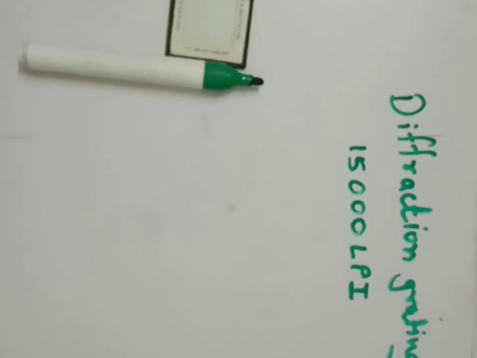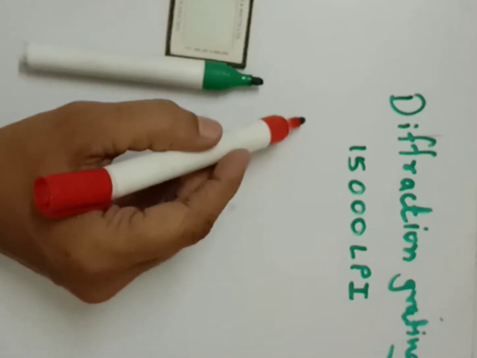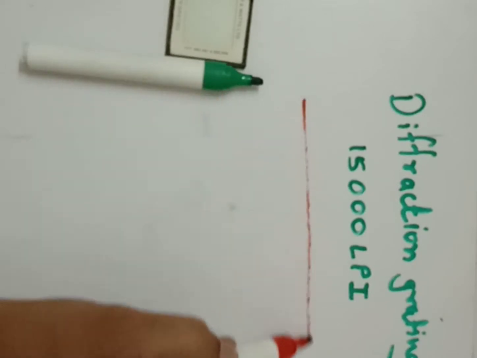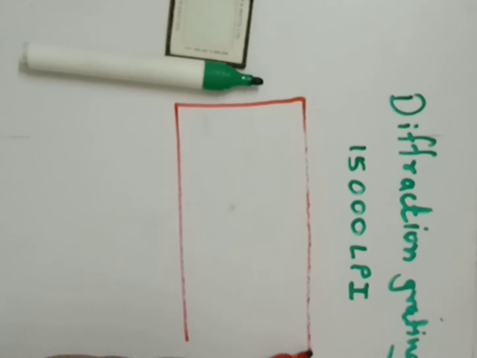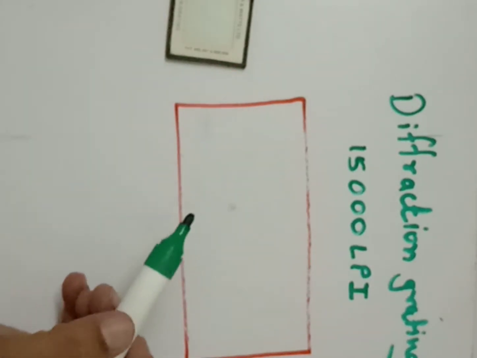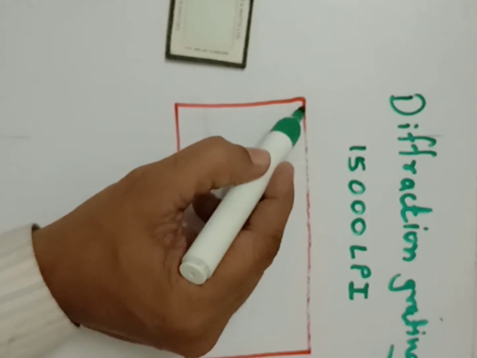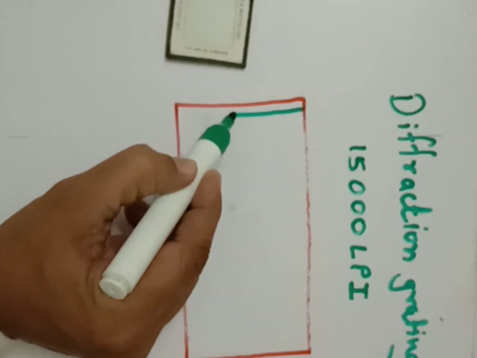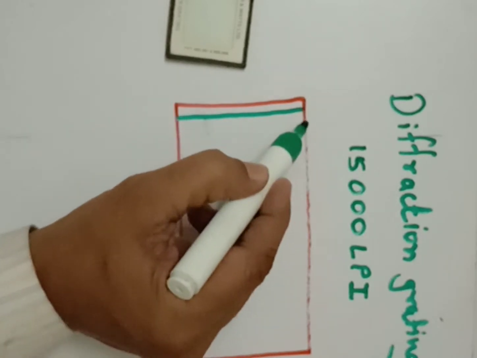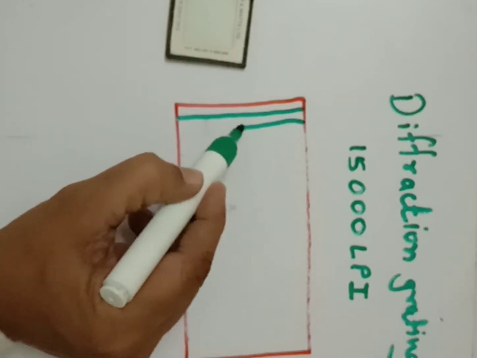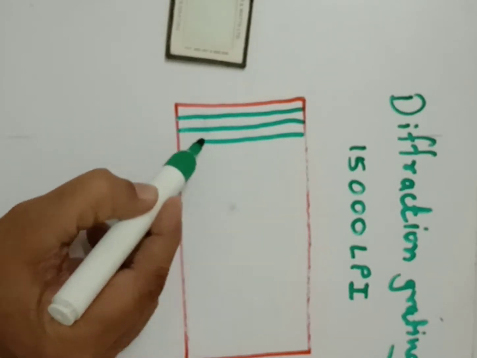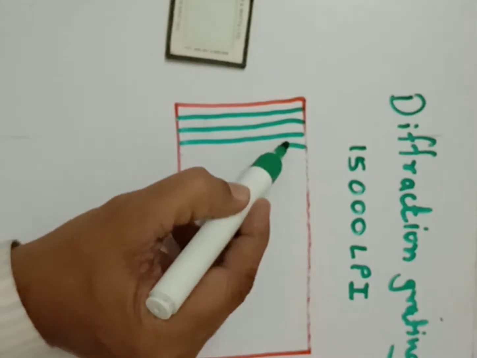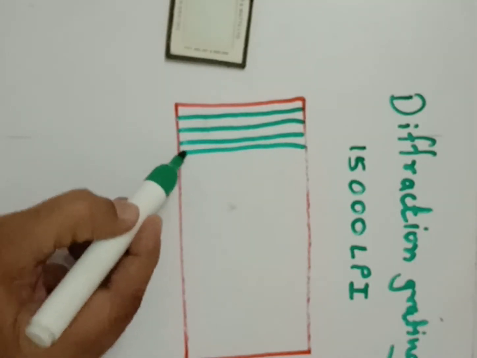The process of manufacturing of a diffraction grating is like this. A plain glass plate is selected, on which, with the help of a diamond point tool, the ruling is done. How are lines ruled? They are parallel, number one, and they are equidistant. So when n number of lines are ruled which are parallel and equidistant,